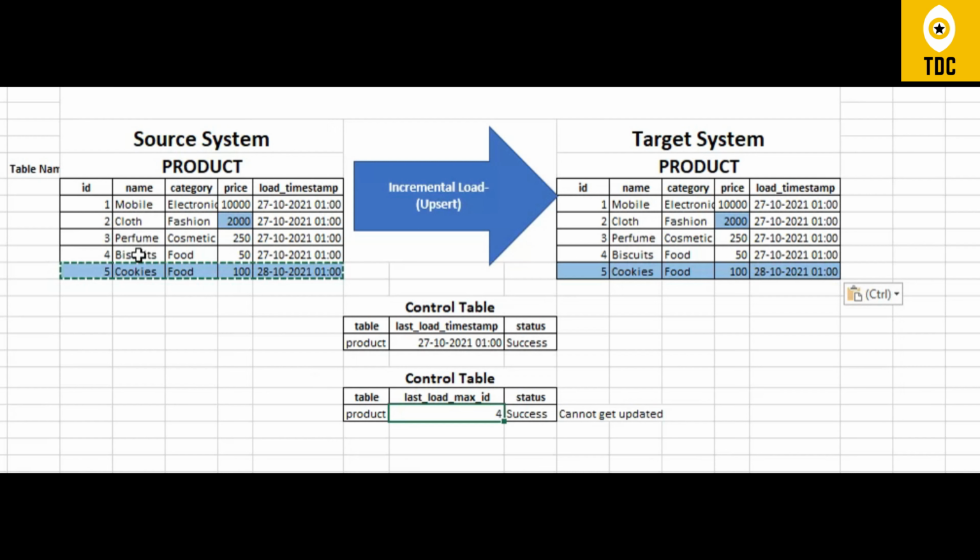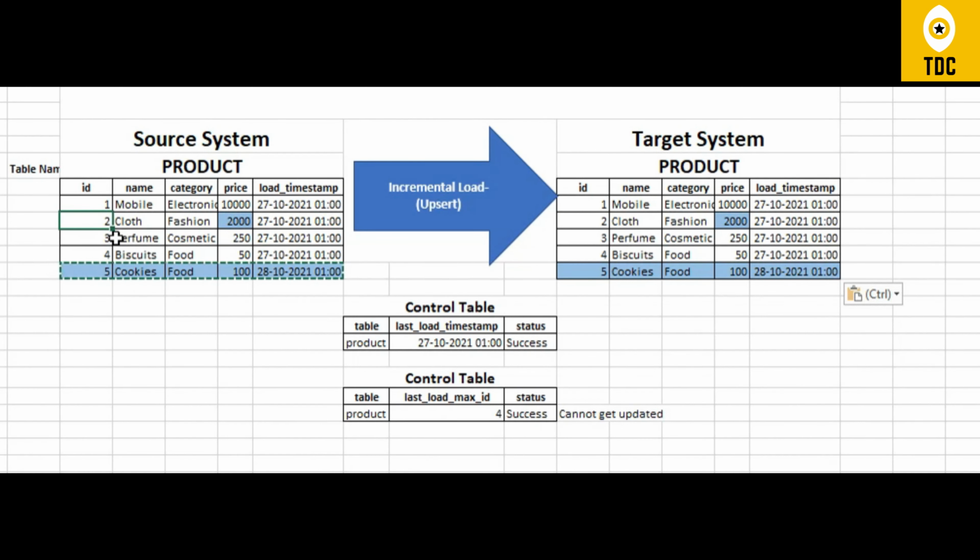So we are choosing the control column as ID. But this won't work whenever you have data which is getting updated, because ID will not tell us whether the data is getting updated. If there is an update happening on row number 2, we will miss that because we don't know that row number 2, or ID number 2, is getting updated.